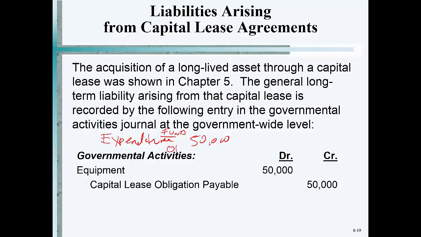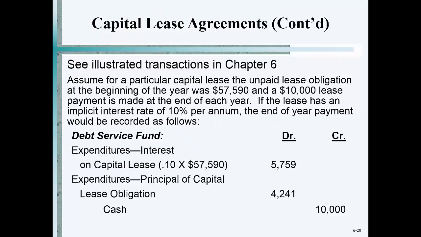I'm going to credit other financing source, lease obligation, right? For 50,000? Right? Okay, good. So that's all they're saying here: you go ahead when you sign the lease, and then